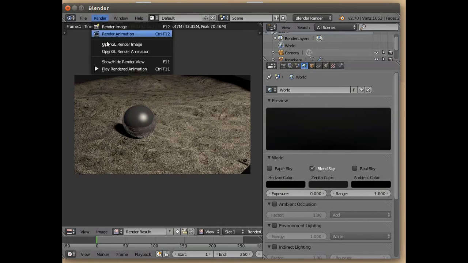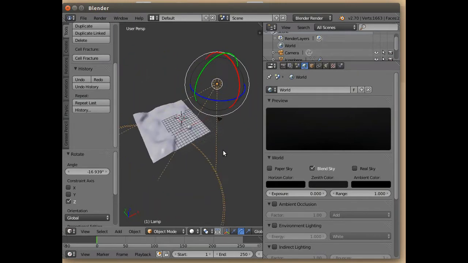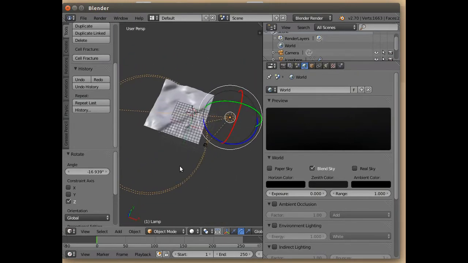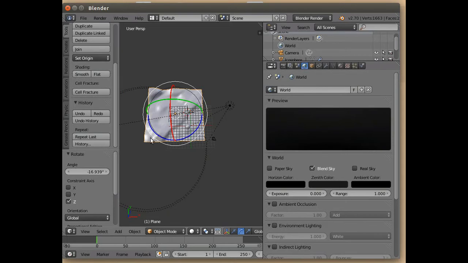So that's that. So we'll go back to our 3D view. And now for what we were asked to do. And we were asked to do a crater. I'm going to show you how this works. Okay. Now here's how it works. We're going to use a feature in Blender that's called shape keys,